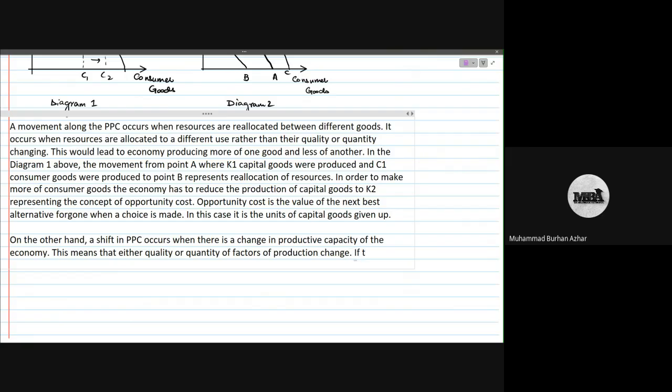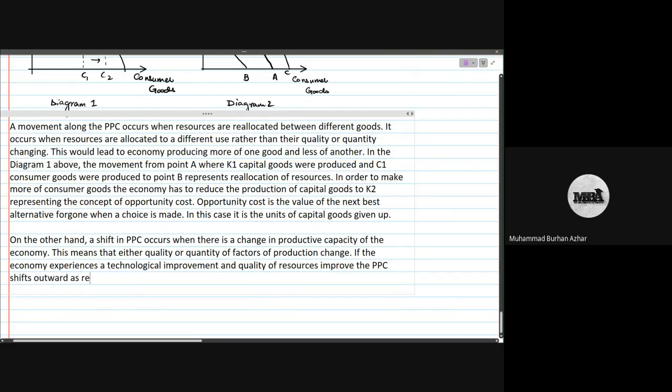If the economy experiences a technological improvement and quality of resources improve, the PPC shifts outward,